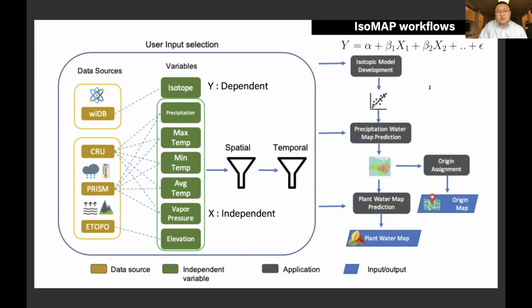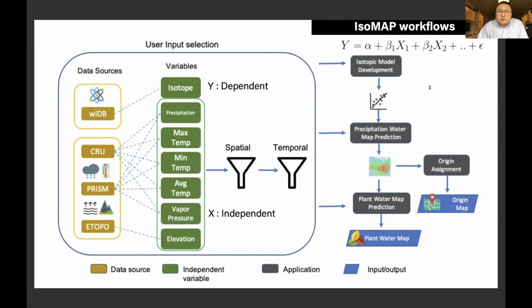So in that case, we can apply spatial and temporal filters. For example, I can use only the stations in the United States, Europe, or Africa for a certain time, like the past year, the past 10 years, or a specific period, like 1980 to 1990.